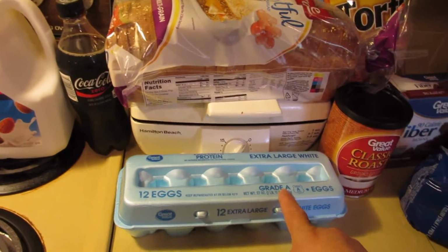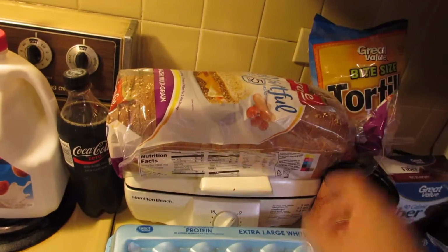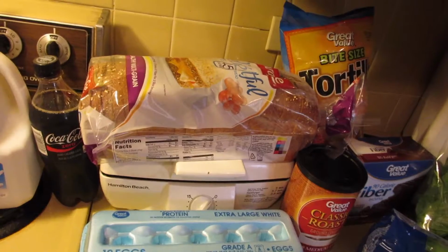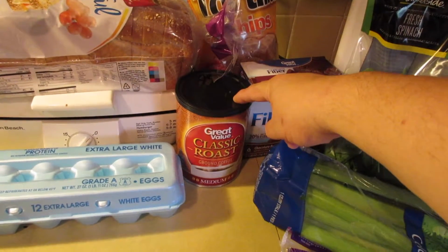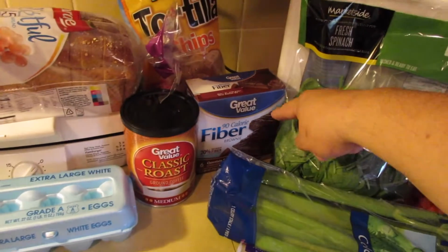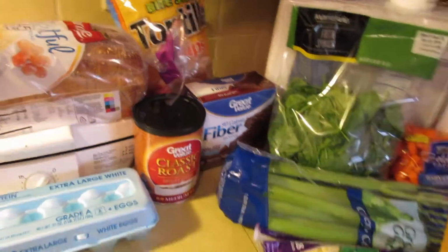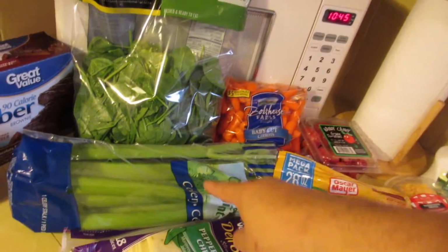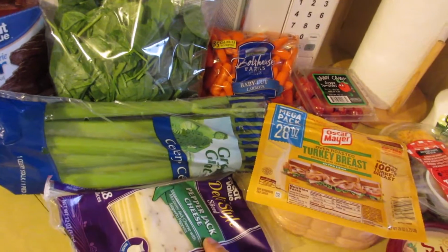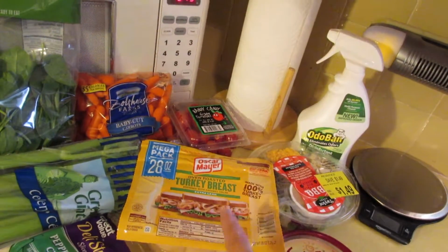Got some eggs, those were $1.08. Did bread this week instead of wraps because sometimes changing it up is not a bad thing. I still have some coffee, but I needed a little bit more, so I bought a small coffee this week. This was $2.88. Got some fiber bars, another bag of tortilla chips for nachos this week, if I end up making that. Spinach, celery, cheese,